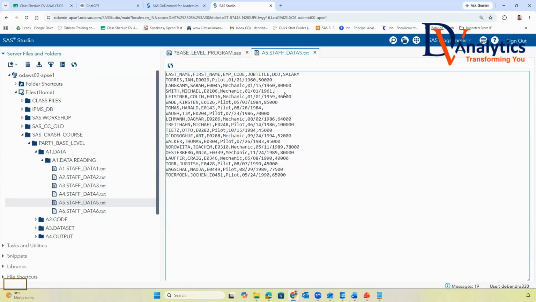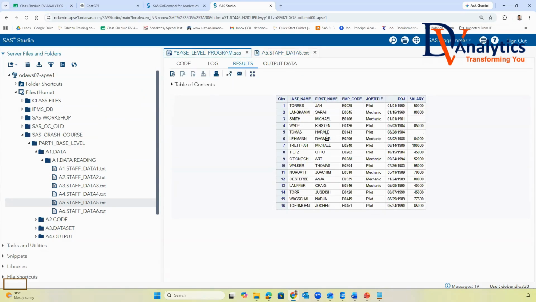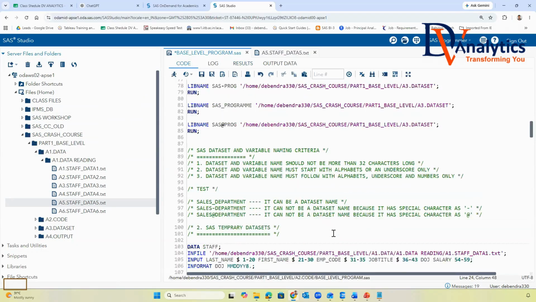Why? Because data is missing. It is directly omitting this record and going to the next record called Wade. You can see that, which is coming out here. Yes or no? Is Linster coming after Smith? No, it is going to the next-to-next row, which is wrong. Yes or no, guys? So what will you do? How to avoid such type of error?